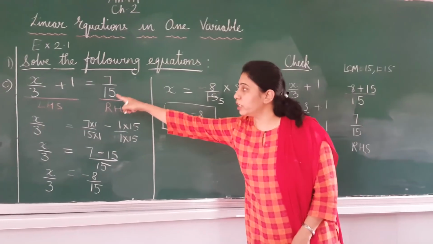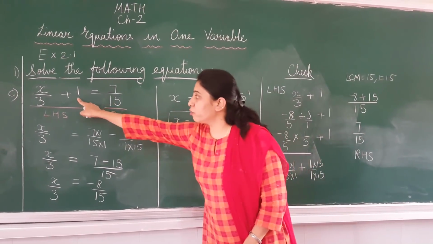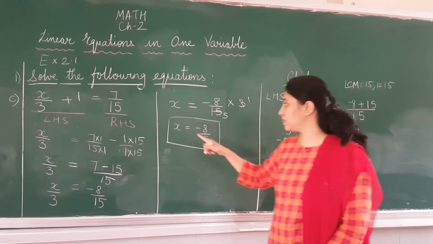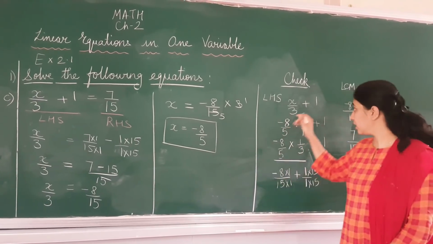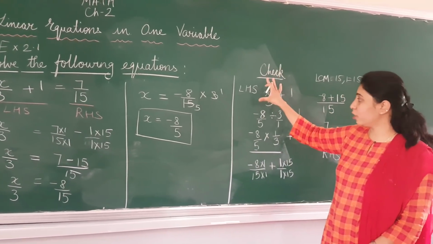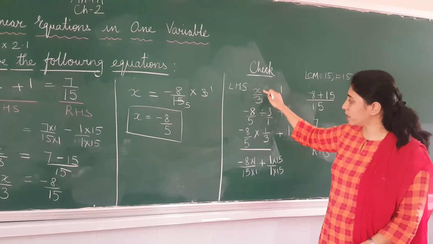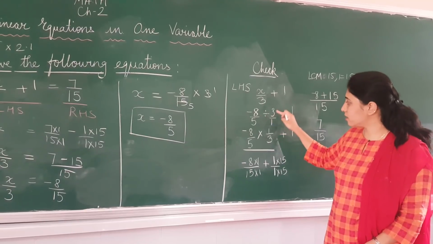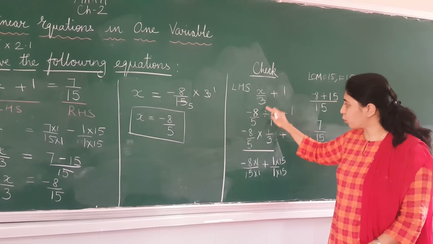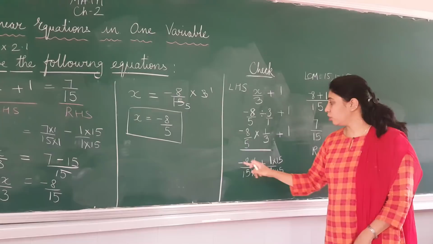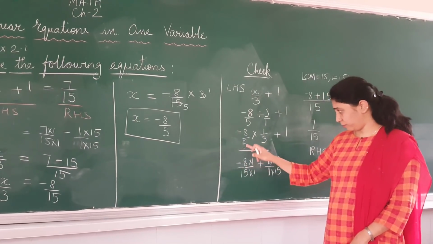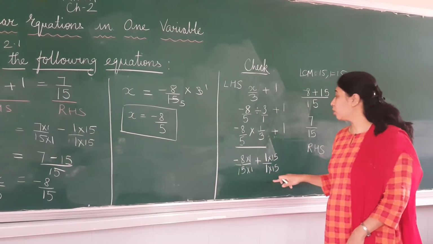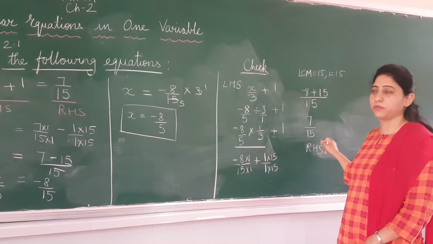Is it clear how to do it? First you have to shift plus 1 to the right hand side, then you are going to shift 3 to the right hand side, and then find the value of x. Then substitute wherever the variable is, take that side, and just substitute the value of x here. That is minus 8 upon 5 divided by 3, so just take the reciprocal of this part and then multiply. Here you have to find the LCM because the addition sign is there. So find the LCM and then find the answer.